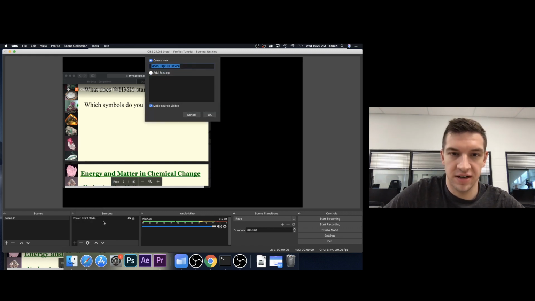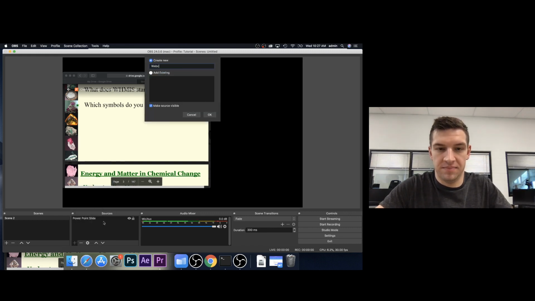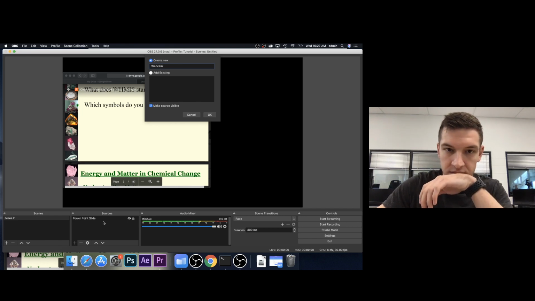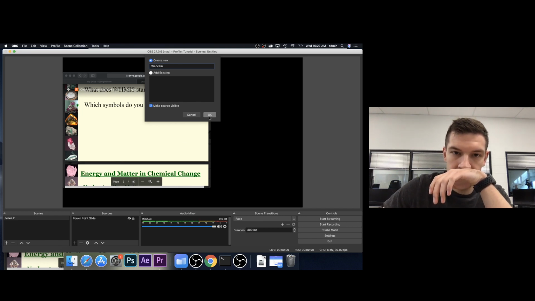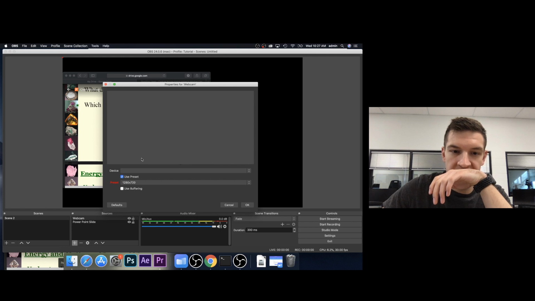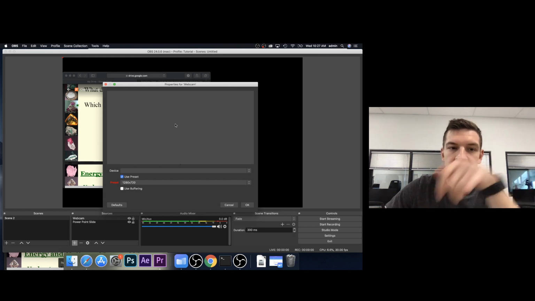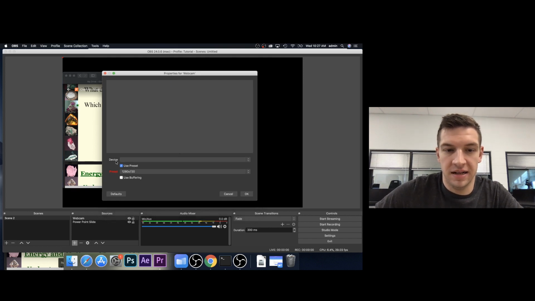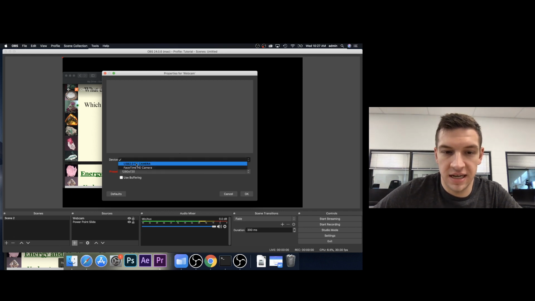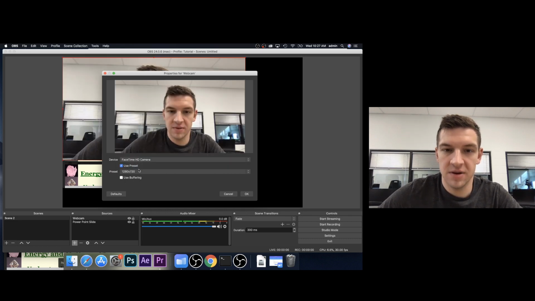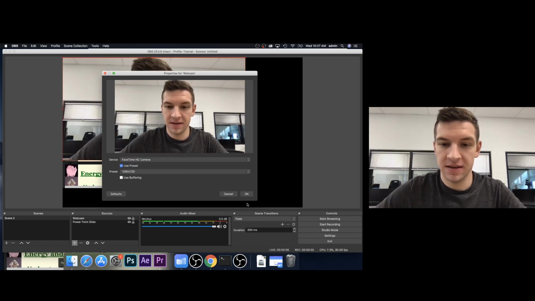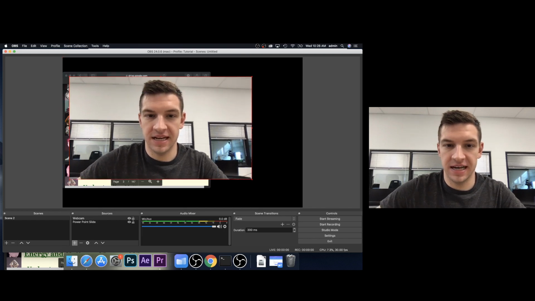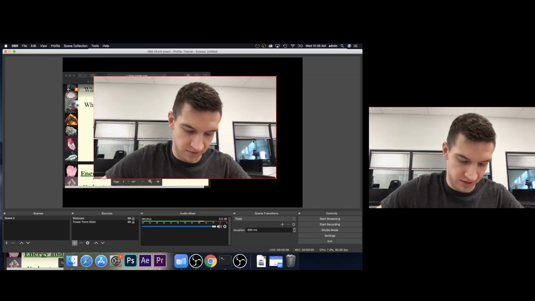I want to click video capture device and I'll name this webcam. All right. Okay, so webcam comes up, a similar window to our last one pops up, and it says properties of webcam, and right here it'll ask you which device you want to use. If you just click here, and I have 2 webcams on this computer, I'm going to click the FaceTime HD camera. Okay, so if I click that, that means I have a video of myself right here,